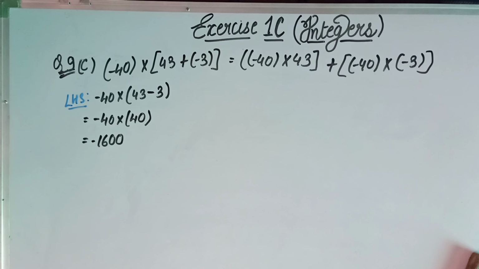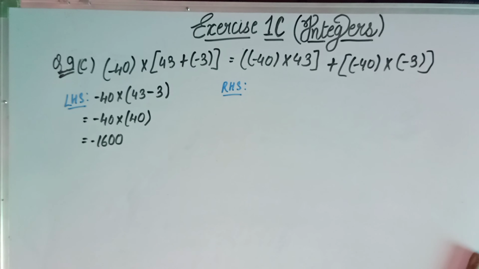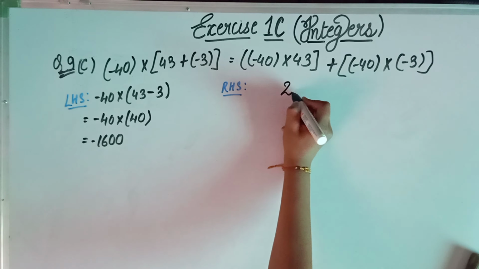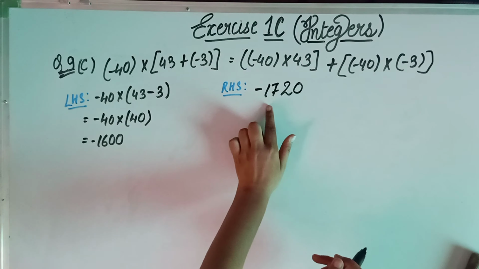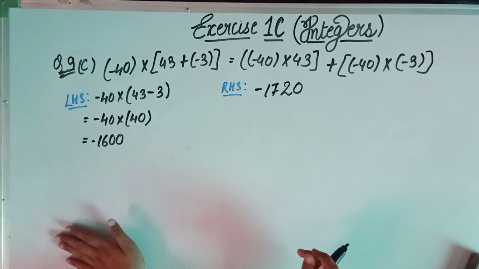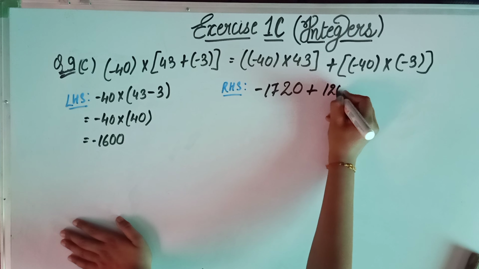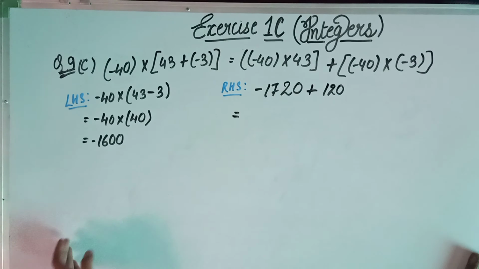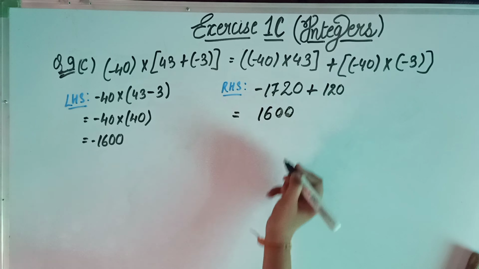Now we are going to solve the RHS part. So in the RHS, what we need to do, firstly we are going to solve this part. So 4 3 are 12, 1 carry 16 17, and here we need to put 0. Okay, after multiplying this we will get minus 1720. Okay, so now plus minus minus gives you plus, so 4 3 are 12, 120. So because we have alternate signs, whenever we have alternate signs then we need to do minus. So 1720 minus 120 gives you 1600, and which number is greater?